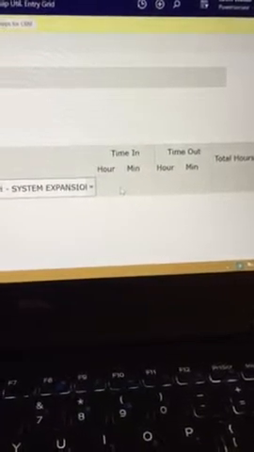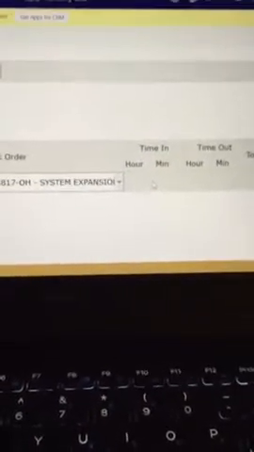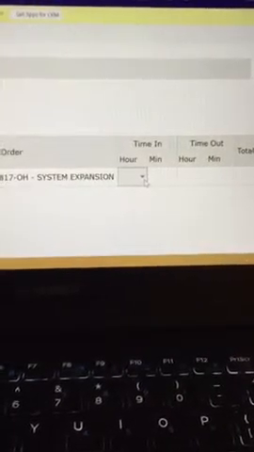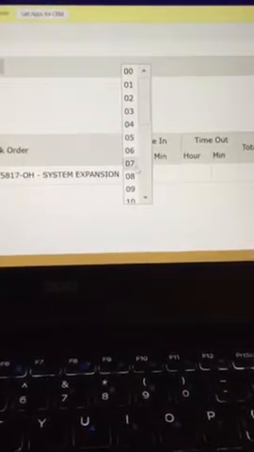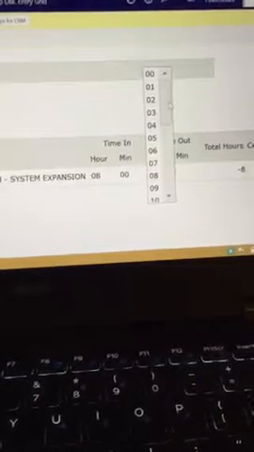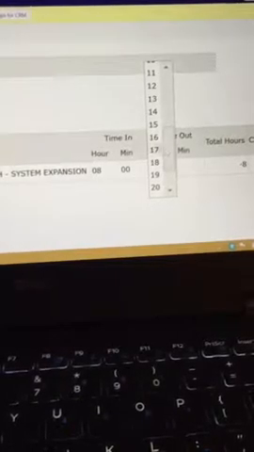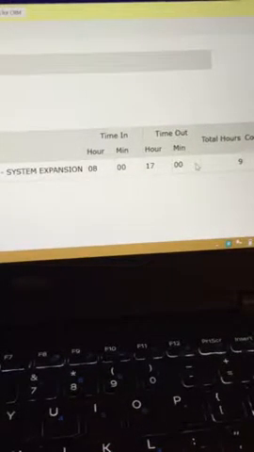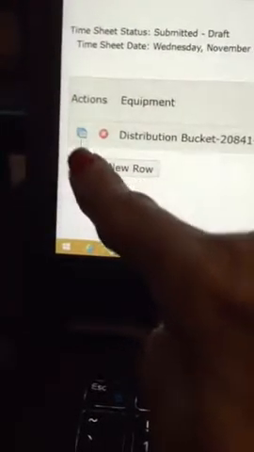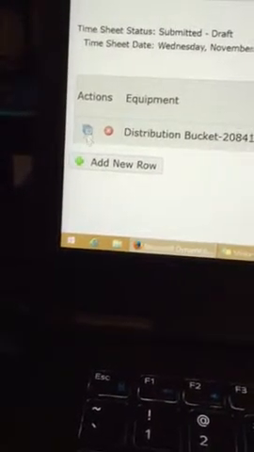The hours today for the equipment were 8 to 5:30 because that's when they were actually working on the equipment, because remember they had a safety meeting first thing this morning. So 8 to 5:30, which is 17:30. Okay, now that we've got that in, you're going to go to this button here, so then this will automatically